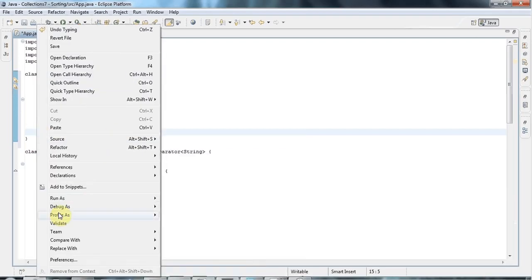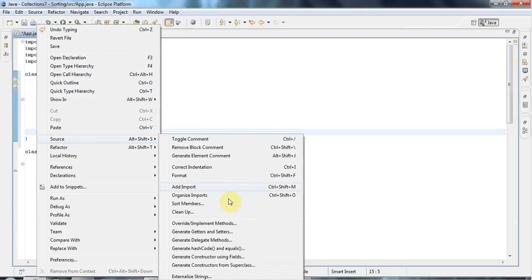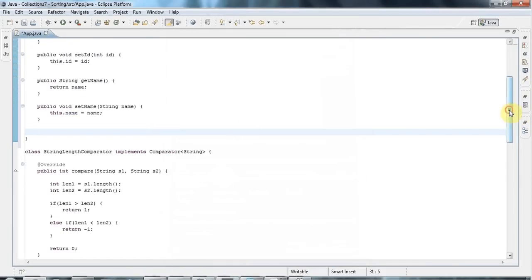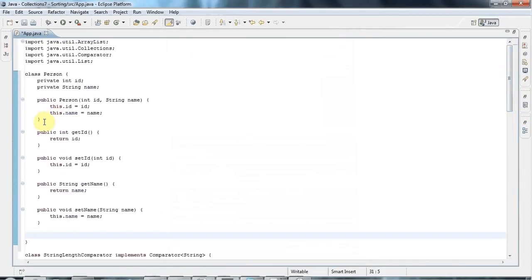Actually, I'll right click and go to Source, Generate Getters and Setters here, click ID and name, and I'm also going to create a toString method, so public String toString,